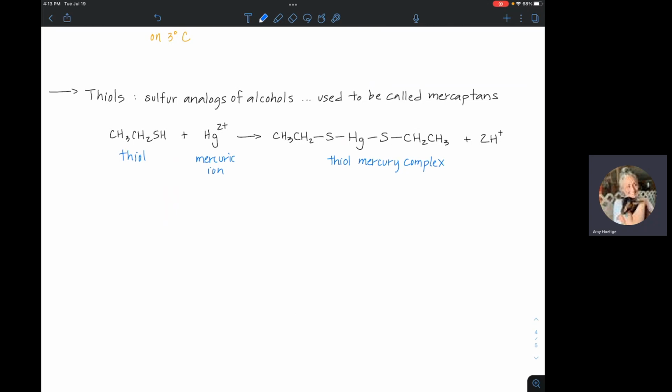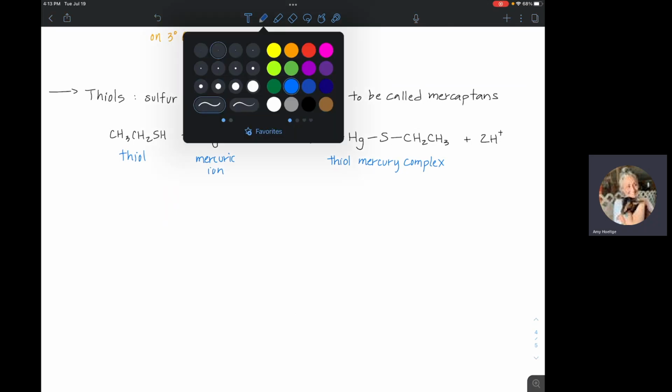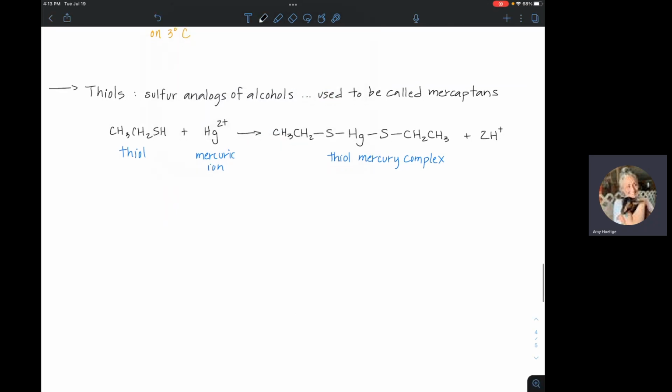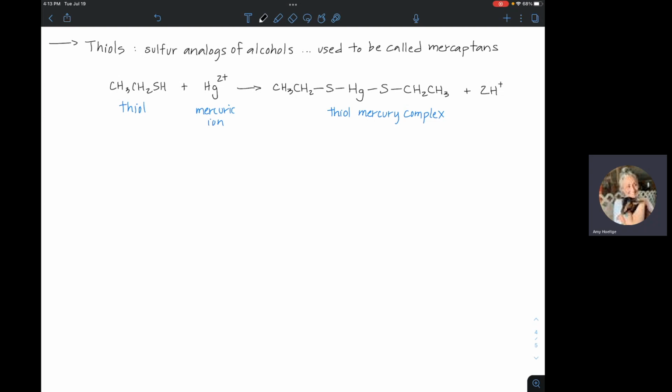So they're said to capture mercury, so they were called mercaptans, right? So there's just a little bit of history for you, because we do use the word mercapto